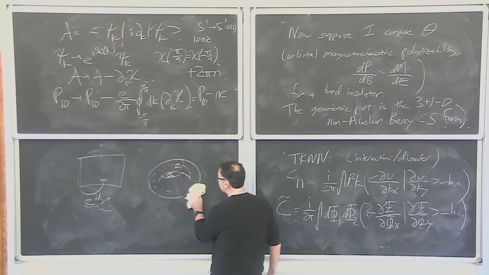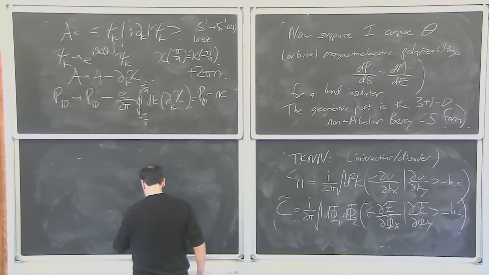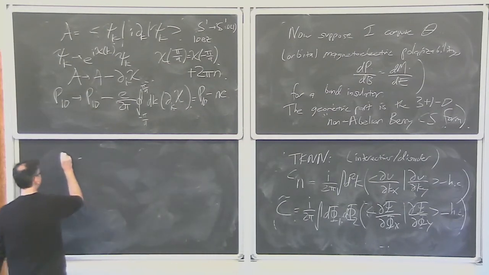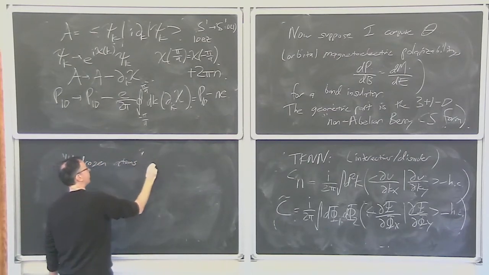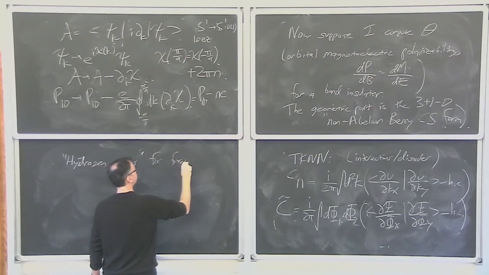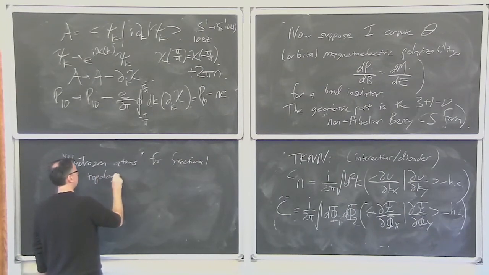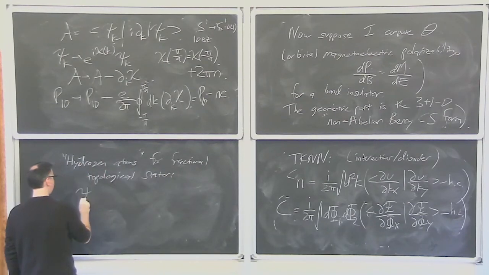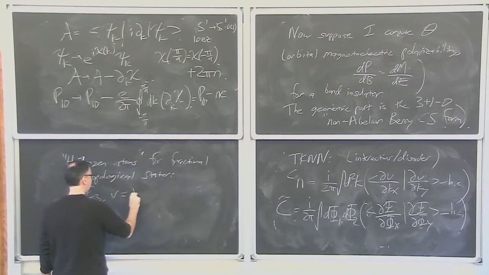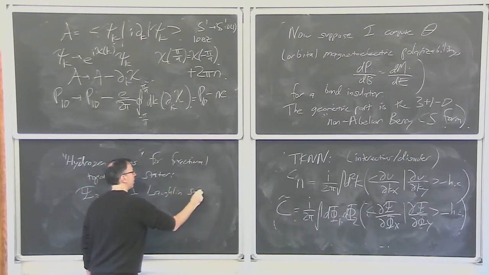And then the last comment I was going to make, about something you could read on your own, is another kind of topological state. I would say the two simplest fractional topological states, the so-called hydrogen atoms for fractional topological states. So one we've already done, which would be like the nu equal to 1/3 Laughlin state. And the other,